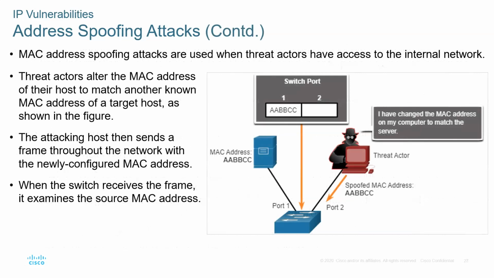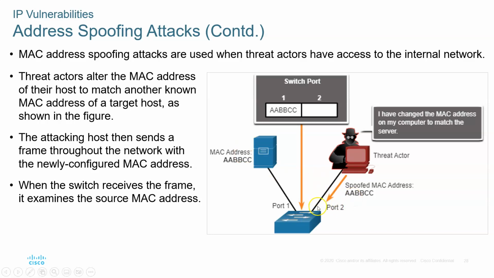Address spoofing could also be done at the MAC sublayer, at the data link layer, right? So if the switch has, for example, the server MAC address located at port 1, and I know the MAC address of the server, I'll tell the switch, hey, I am the server. My MAC address, ABBCC. You send the frame to it, and because the switch by default inspects the source address, and this guy has spoofed it, stole it from here, pretended to be the server, then the switch will say, okay,